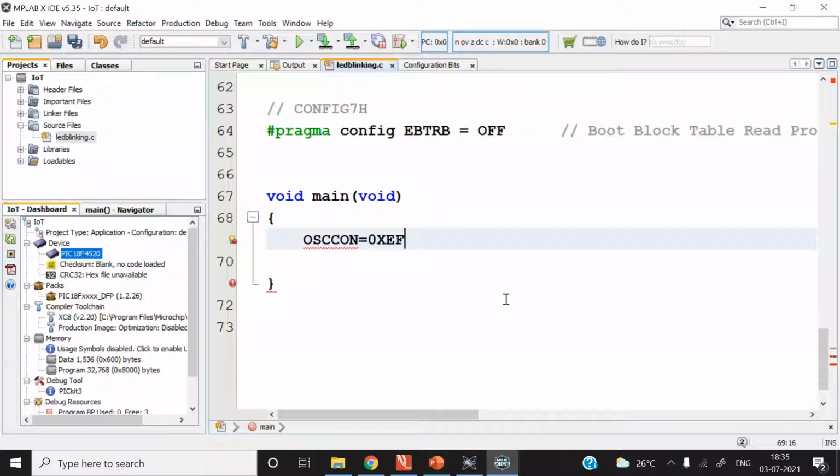Each and every statement in your C program must be terminated with a semicolon. OSCCON is equal to 0xEF; you can add a comment: 4 megahertz oscillator. Clock frequency is F oscillator by 4.